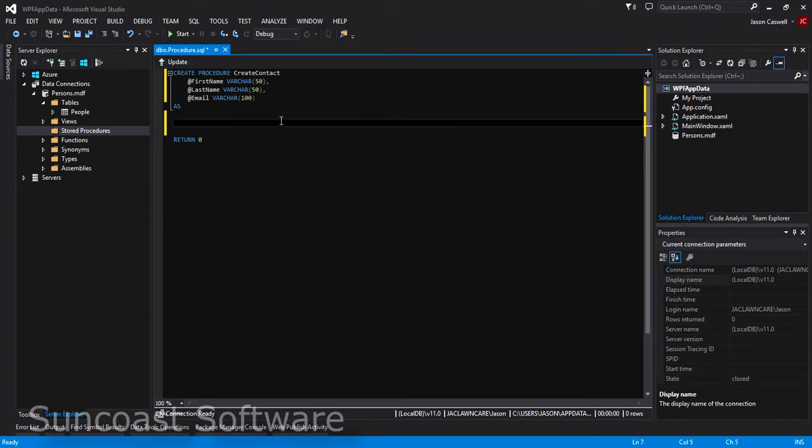Okay, and then here's where we're going to create our insert statement. So we're going to go insert into, and then the name of our table. In my case, it's dbo.people. And the fields that we're going to be inserting into. In our case, it's first name, last name, and email. Close that off, and then we're going to assign it some values. So we'll type in values, and then